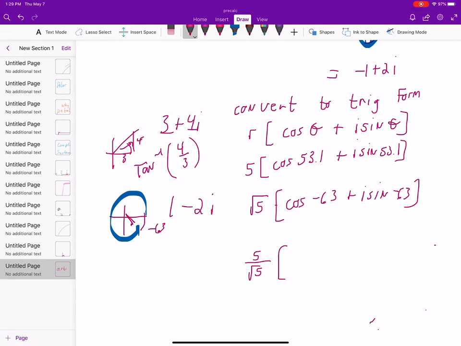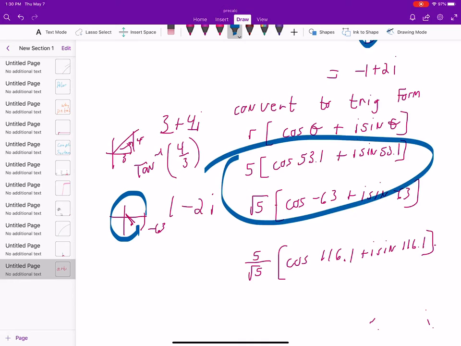So we would take 53 and subtract negative 63, so it would be like adding. So we have cosine of 116.1 plus i sine